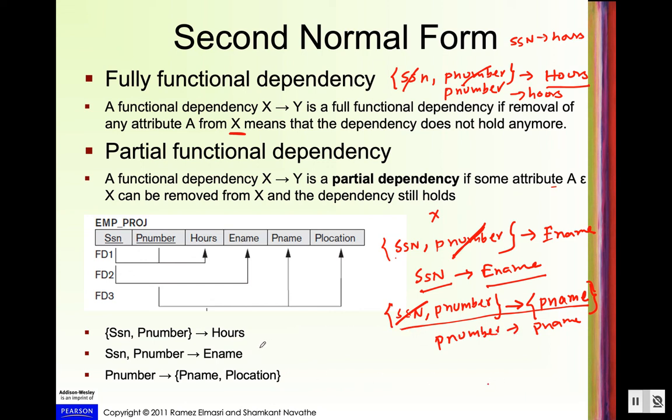So now in this example, SSN, P number to hours is a fully functional dependency on the primary key. Our primary key is SSN and P number, and hours is fully functionally dependent on the primary key. Now the last